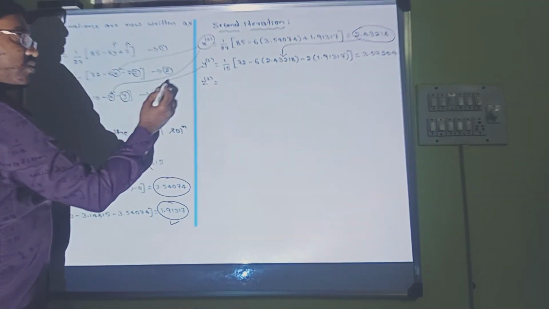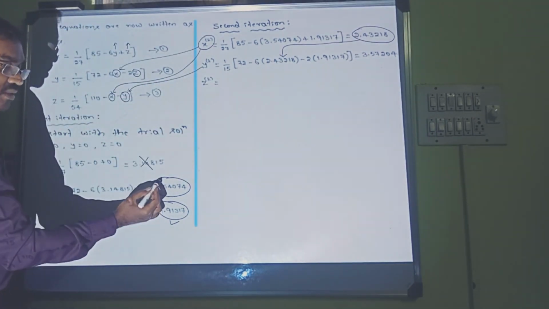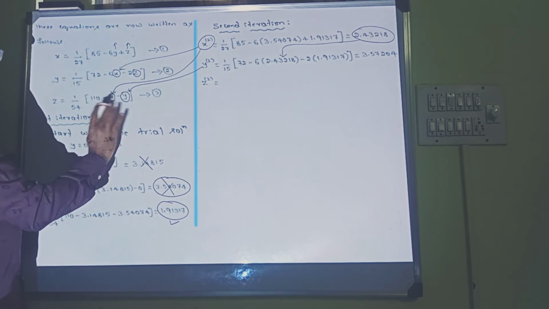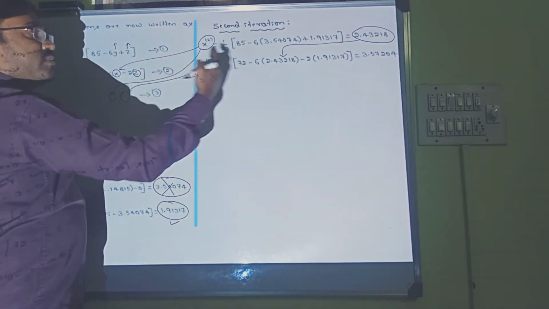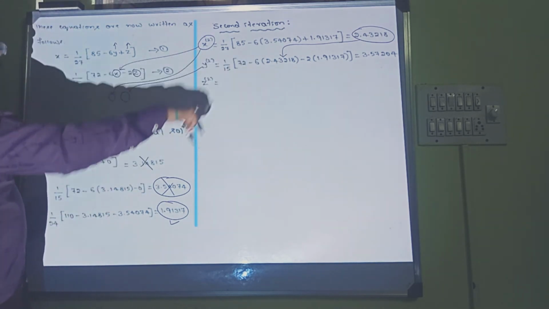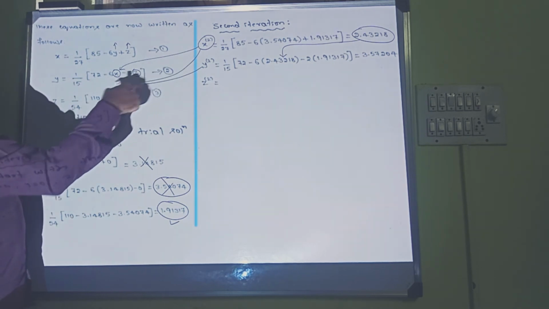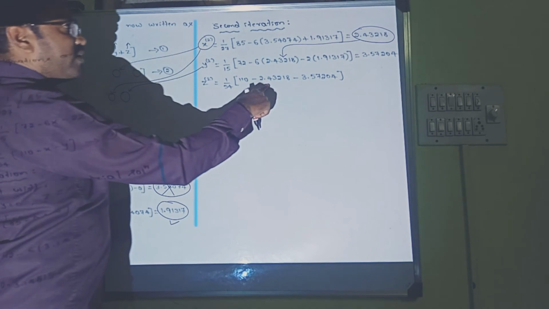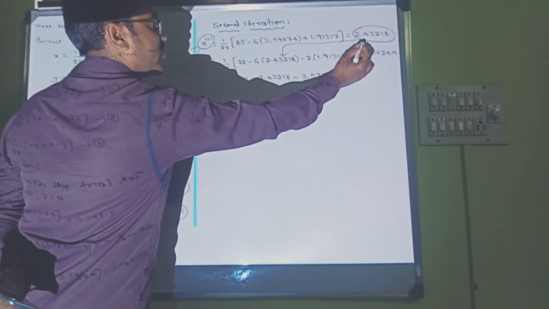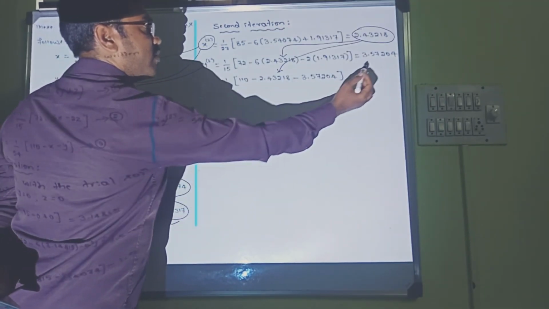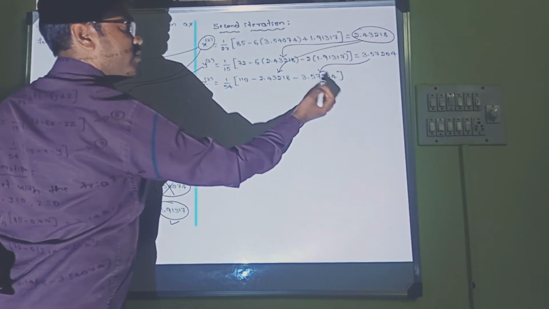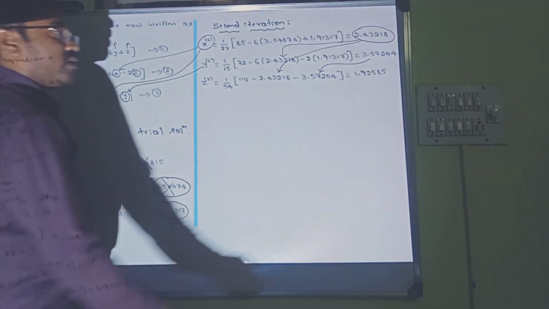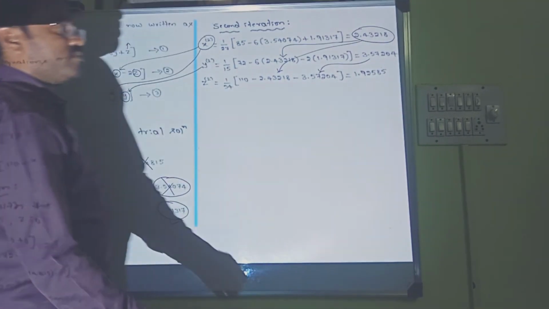Let us take this y only. We will not take the old y now. We will take the just improved y. Let us simplify this now. Substitute the values. We have put the values. The new value of x, this value we have taken, and the new value of y we have taken. Simplify, you will get the second iterated values.